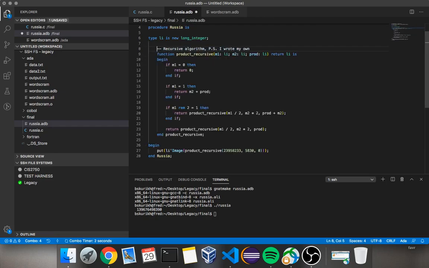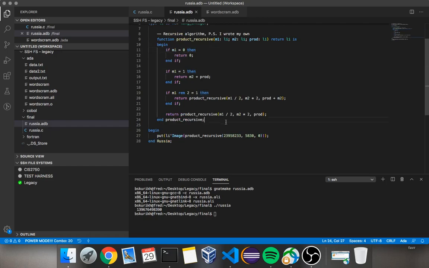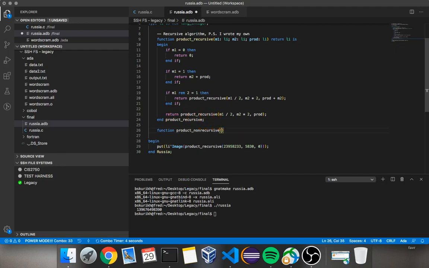I don't know why it's not showing comments. For whatever reason, it's not showing comments. But all right, you gotta also write the non-recursive version. Function product non-recursive, M1 li, M2 li, return li is